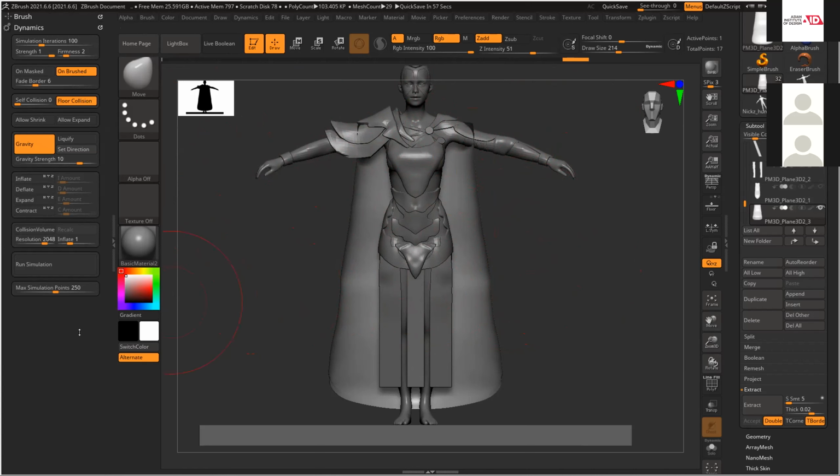So before that, where is my collision volume? I have to click. The collision volume is anything apart from your selected model that is visible on screen. It will read it as a collision model, like cloth simulation in Max, right?